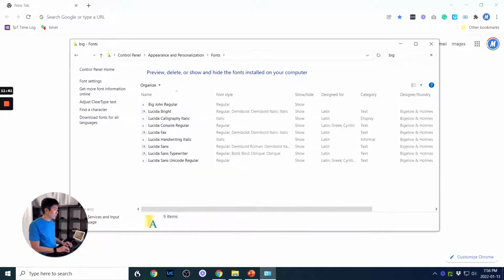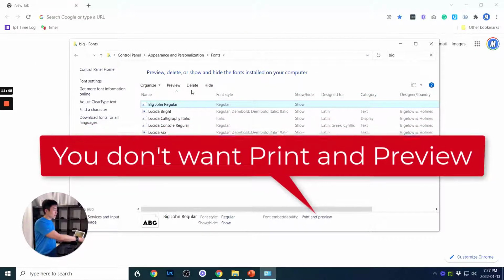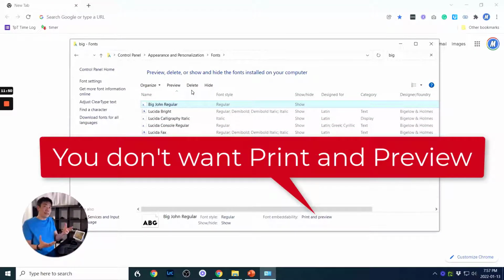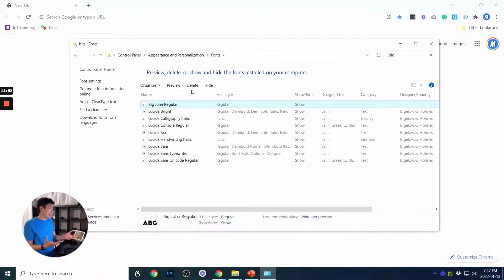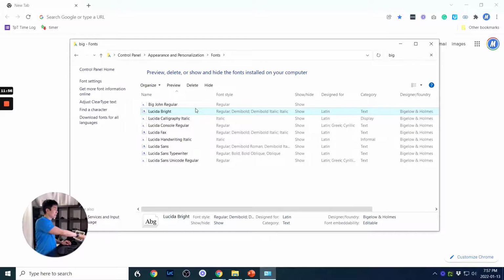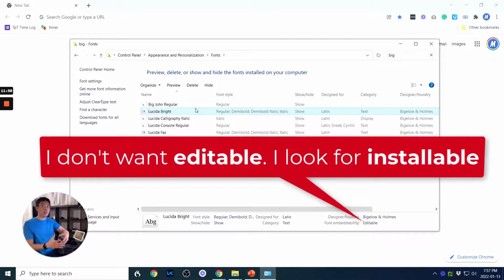For some project, I must have used this font called Big John Regular, and it says here print and preview. That means they'll be able to print it and look at it, but they won't be able to edit it. Some of these fonts will say editable, which means the file will load up, but it won't be able to install on their computer. I tried that version for a while.